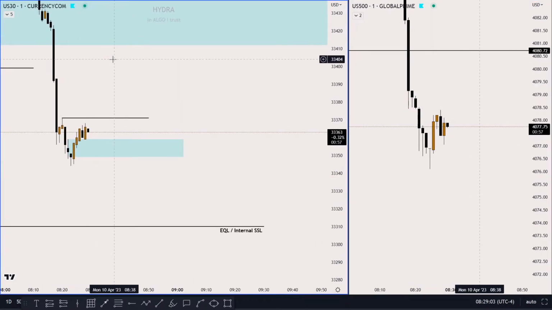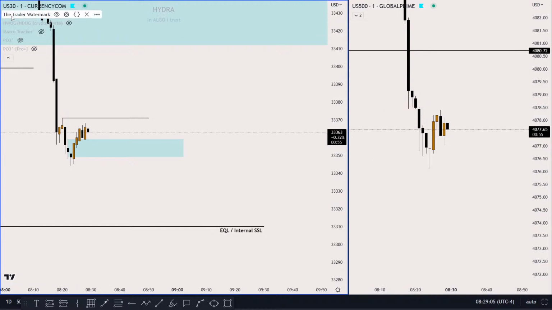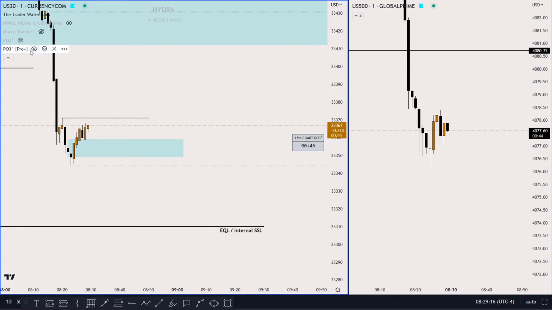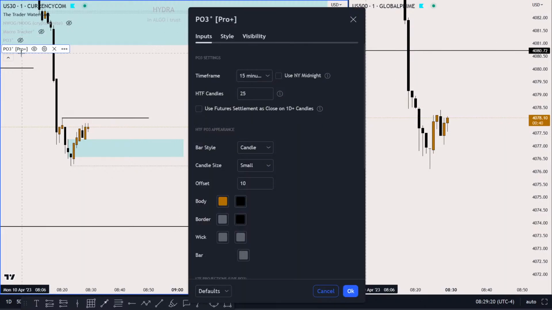So today I will share an indicator with you all. It's a very, very useful indicator if you're an ICT trader, if you do a lot of backtesting, right? This indicator, Power of 3 Pro Plus, will be a game changer for you. It's a game changer for me. So what this indicator